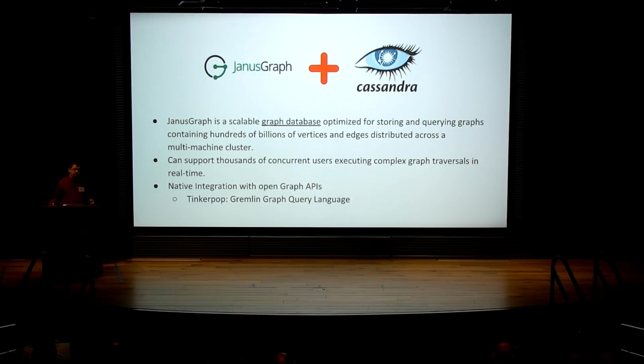And it's highly performant. It's highly performant in our case because it uses Cassandra at the backend, where you can scale the writes, and you can also scale the reads. As many nodes as you add, you can scale linearly. It also supports thousands of concurrent users, and you can do fairly advanced queries in a graph framework. One great advantage about Janus Graph is its ability to use TinkerPop, the Gremlin graph query language.